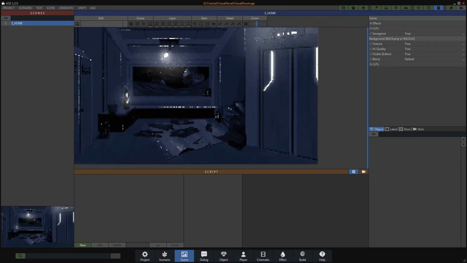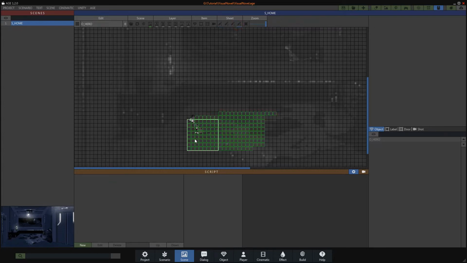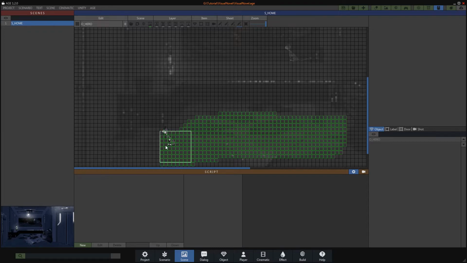You will work in parallel with the scenario editor and the dialogue editor. AGE offers pathfinding based on a grid system to facilitate movement and interactions with objects and elements of the scenery. This part is especially useful for creating point and clicks in the third person, where the movement of the hero becomes a breeze. Many interactions can be set up without a line of code. But again, this is about making a visual novel and we won't need to go into details in this tutorial.